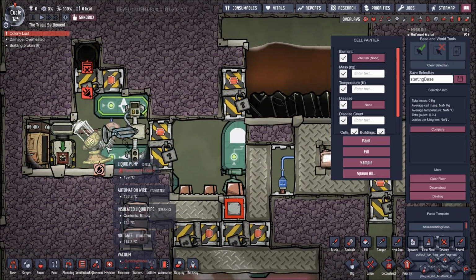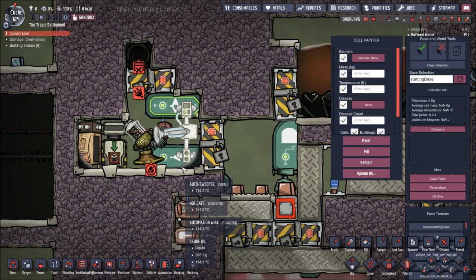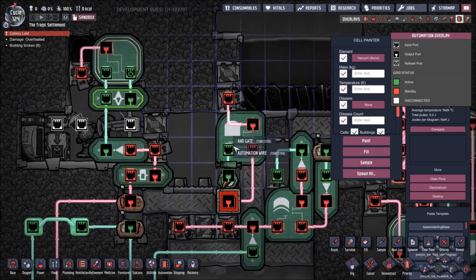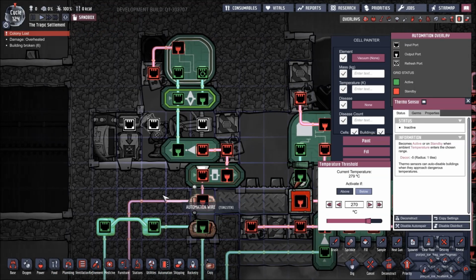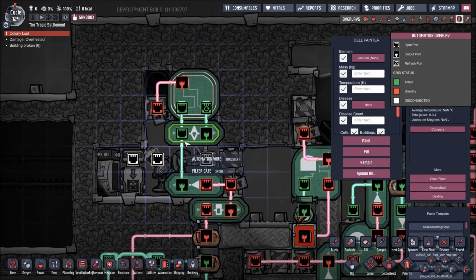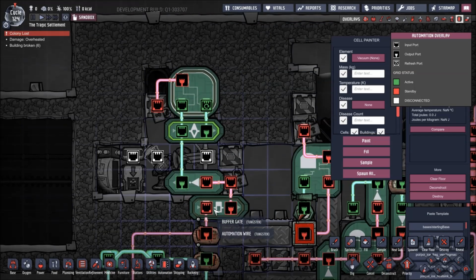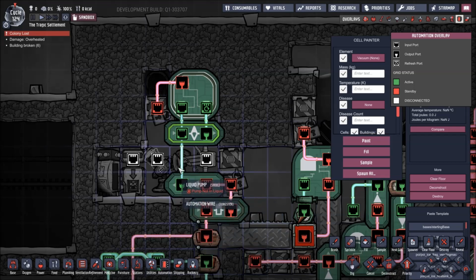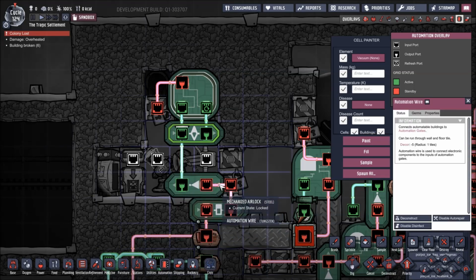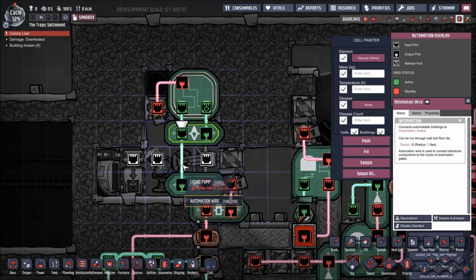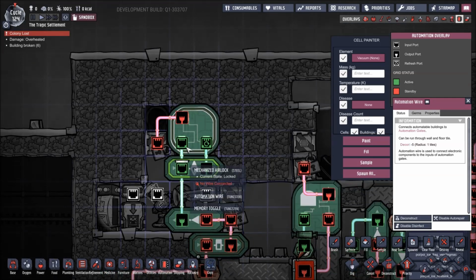So boom, this door opens, gives the sweeper plenty of time to sweep up all this iron and put it away. And then once the iron is all gone, this system's going to trigger, let more iron in, start heating this guy back up. But at that point, this will have triggered. So once it heats back up, it's going to trigger this. So this will be a negative signal while this is active, and it'll reset this, and then once it heats back up above 270, this will go back into a positive signal, and then it will trigger this system,